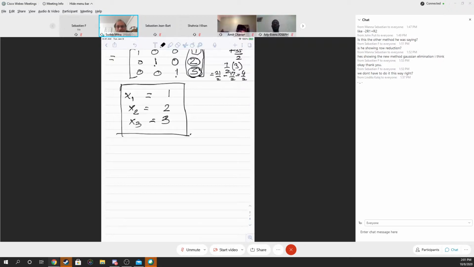So this is the idea of, there is a word for this, and let me just tell you this word. How do I get this? Because later on we will need this, this is called row echelon. So these are called row echelon matrices. When you see something like this, say row echelon,